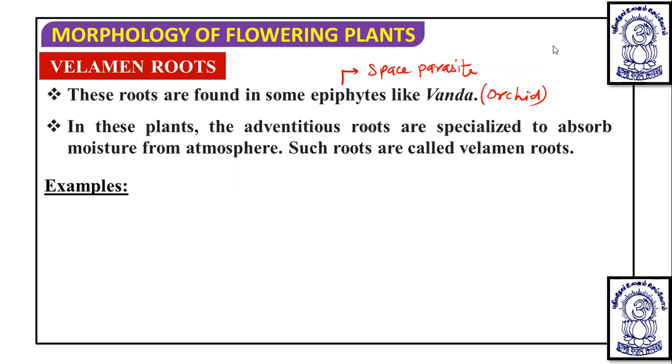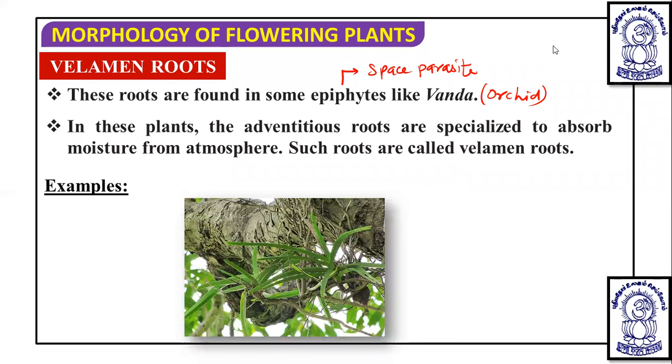So examples in which these velamen roots or epiphytic roots are found, that is the vanda or orchid. You can see this is an orchid which is growing on the mango plant and it has velamen roots. These velamen roots are also known as epiphytic roots. And we see this epiphytic root in space parasitic plants, and if you draw the structure of this velamen root,